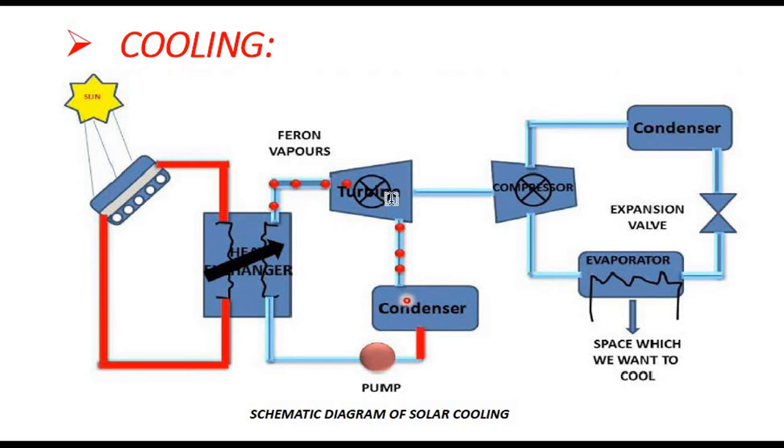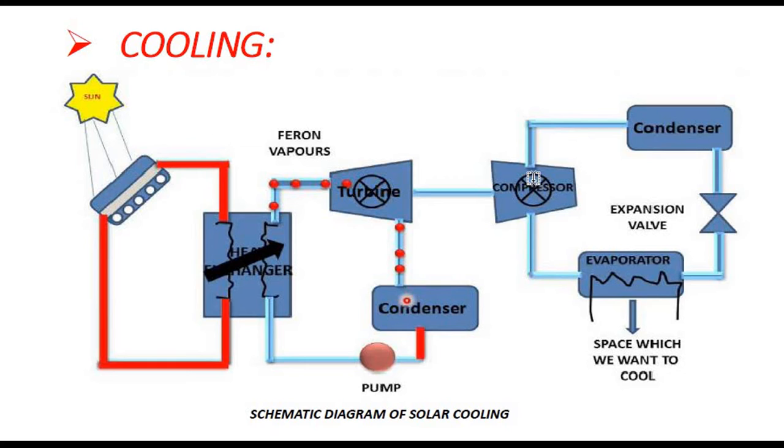This steam will run this turbine, and after the turbine, wet steam is given to the condenser, and this condenser will condense this wet steam, and again it will be used by this circulating pump and given again to this heat exchanger. It will again be used for this turbine purpose, and this compressor is mechanically coupled with the turbine, and due to rotation of this turbine, the compressor will start its work, and our cooling cycle will complete by this compressor.